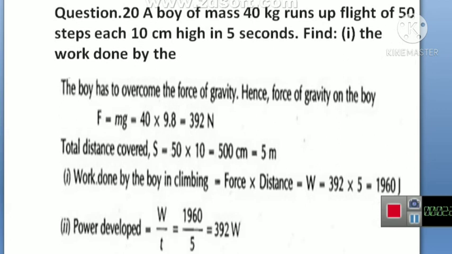A body of mass 40 kg runs up a flight of 50 steps, each 10 cm in height, in 10 seconds. Find the work done by that body or boy. The boy has to overcome the force of gravity, hence the force of gravity on the body will be equal to its weight, so m into g. Mass m is 40, g, acceleration due to gravity, is 9.8, and hence